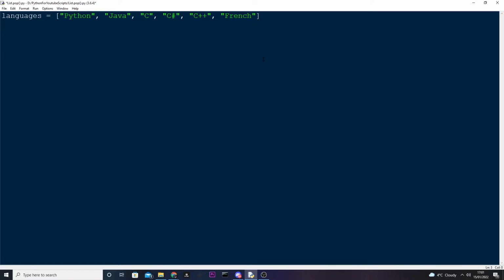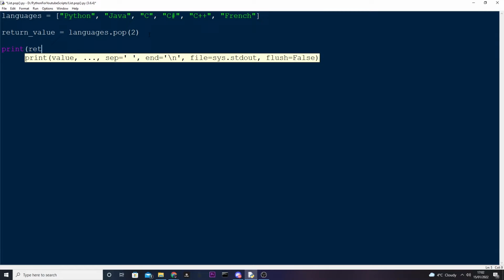So if we create a variable called return_value and assign that to languages.pop, and then the index you want to remove, so say we want to remove 2. Remember, our index starts at 0, so this is 0, 1, 2, so we want to pop 2. So if we want to remove C, we're going to pop 2. And now if we print return_value